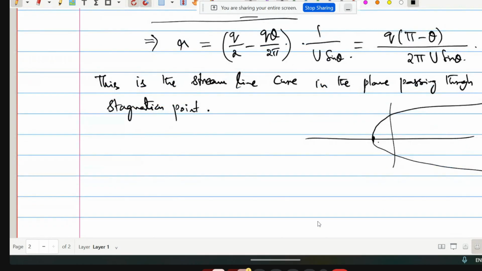So how do you see this one? Can you see this one? This is your stagnation point. And how do you see this one? This is going like this. This is a parabolic way. So how do you see this one? This is actually,